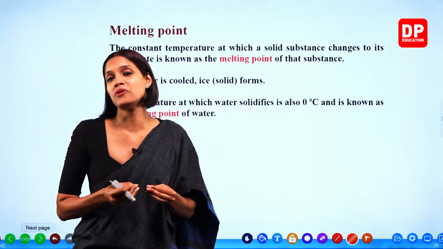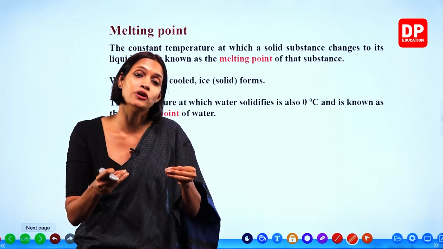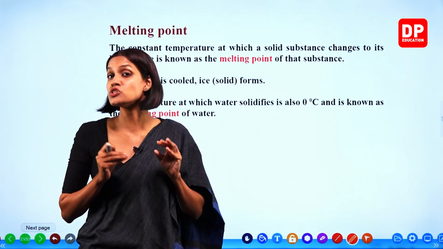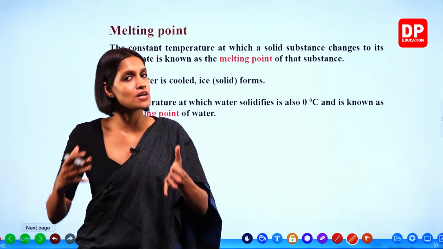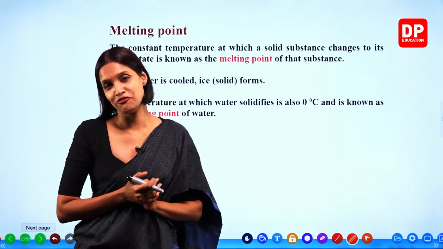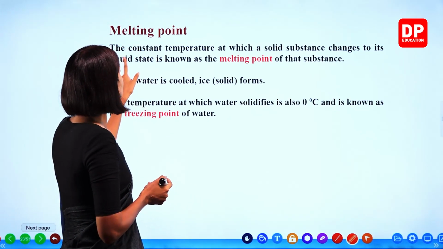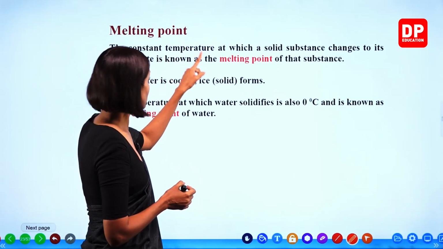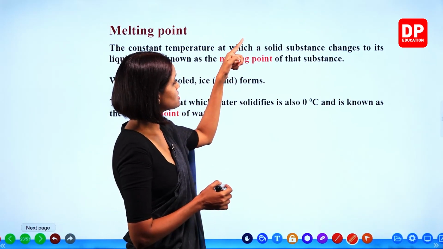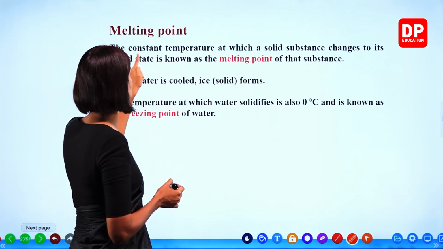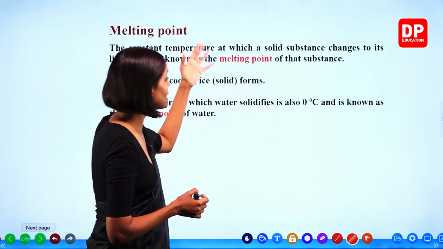This specific temperature is known as the melting point of that particular substance, which means from substance to substance, melting points are different. Okay, children? So the constant temperature at which a solid substance changes to its liquid state is known as the melting point